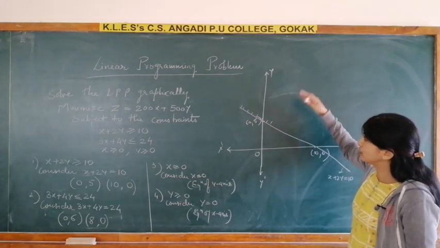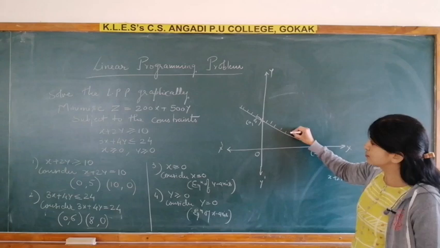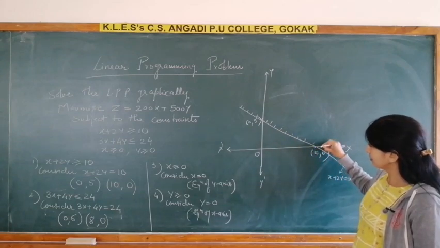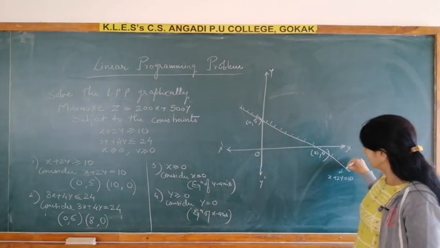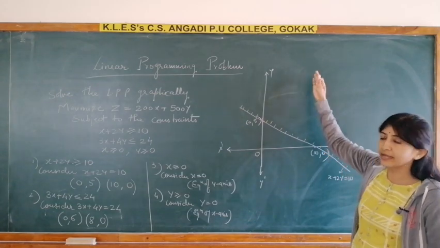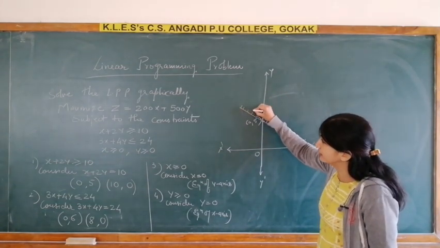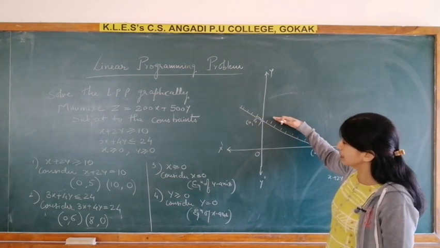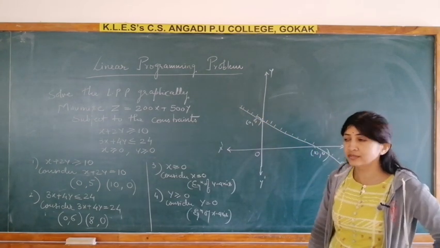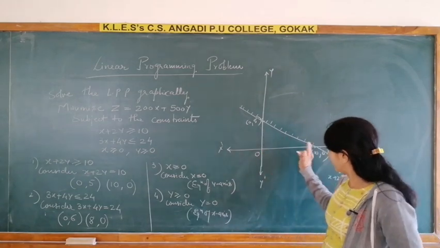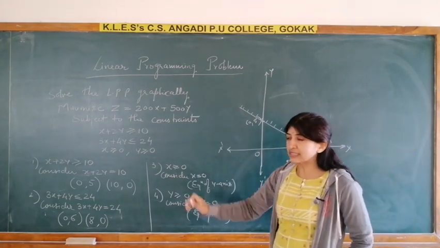So completely don't shade it. Just take small lines like this, just to confirm that the shading is towards this side. Don't take big lines and don't take very near points. This is the meaning that the shading is towards this side. Now come to completely over this one. Now go for the second inequality.